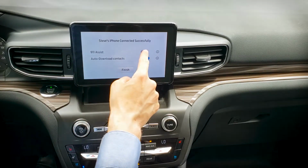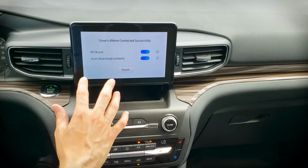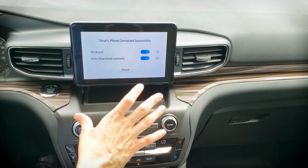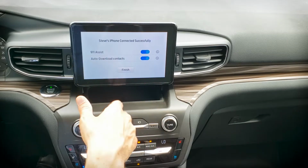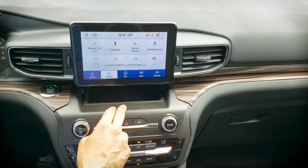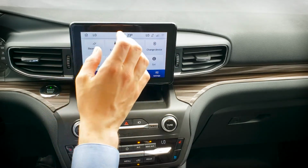Next up here, we've got a few options. So 911 Assist, the only way that that's going to work is if your phone's connected, and then the ability for the vehicle to auto download your contacts. I absolutely recommend keeping that one on because it'll automatically download your contacts for you when you connect your phone. Hitting finish here, and as we can see, my phone's been connected, so we can see my recent calls, contacts,